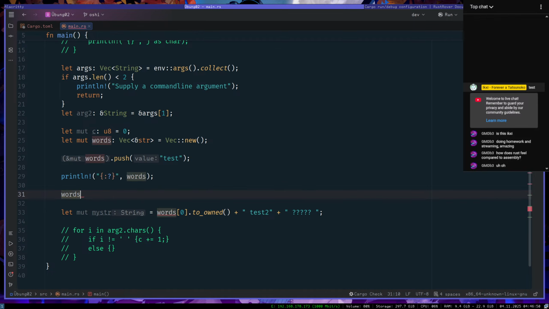Okay, now it gives you the, it seems like the language server is just kind of crappy or something. Okay. Very fun.